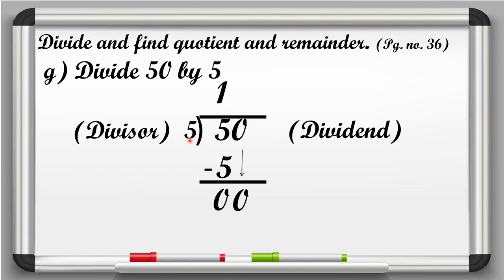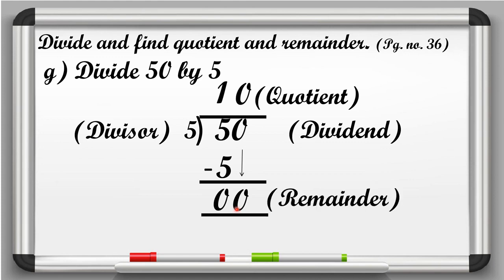And I told you earlier there is a property of 0. Okay, when we divide 0 by 5, we get 0. So here we will write at quotient place 0. Okay, so now beta you can see that here the quotient is 10. Okay, and we will write here quotient, and here 0 is the remainder. So we can say that in this question we have answer quotient yani Q 10 and remainder yani R 0.